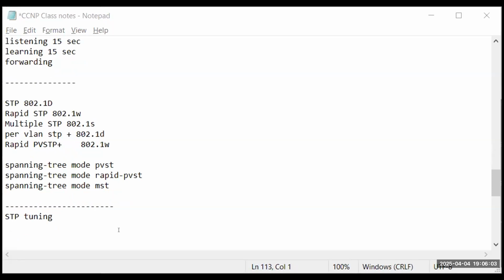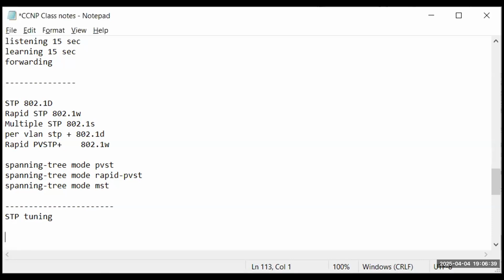We can add a few more spanning tree features on the switch ports to have fast convergence, to block BPDUs, or to ensure an additional root bridge does not come into the network. There are many things when we fine tune, so we are going to fine tune with certain features that are already available in spanning tree. First, we want to talk about